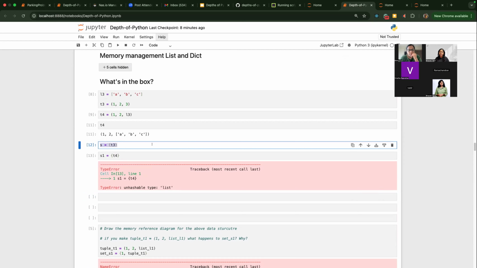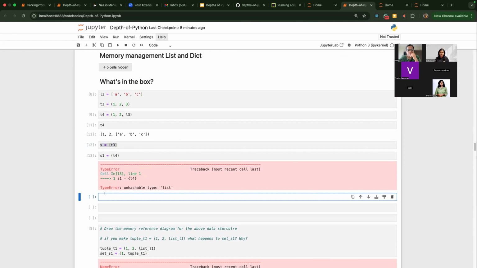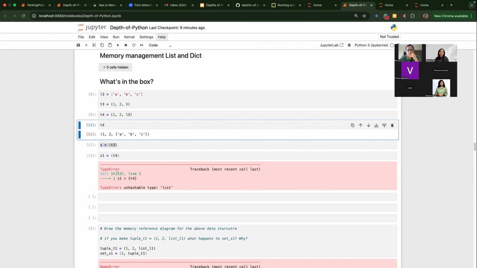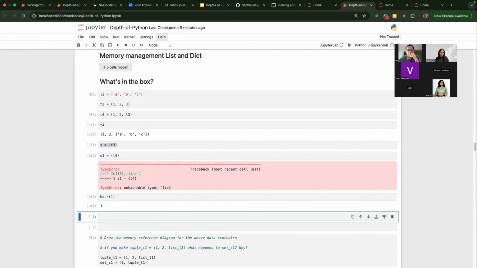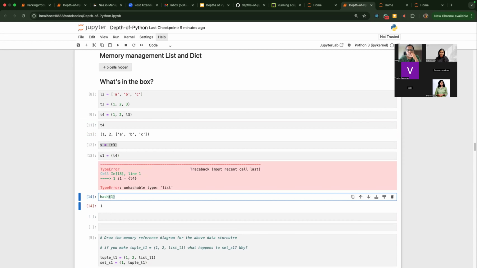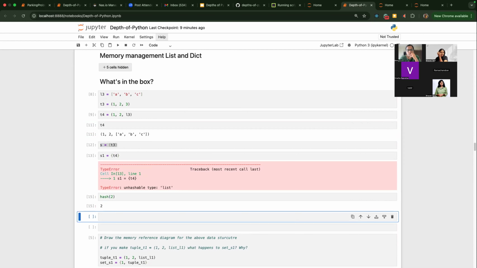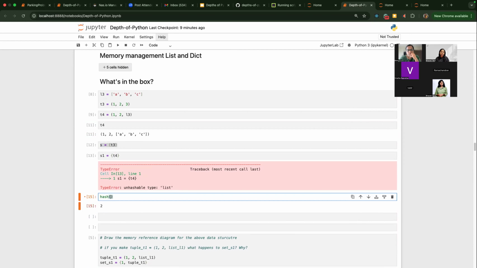Since a set is a data structure that stores unique items, how does it know whether an item is unique or not? By comparing it. And anytime you want to compare two items, you have something called the underscore hash function inside. When you create a set, it goes through every element and calls hash on it. If you do hash of 1, you will get some value. If you do hash of 2, you will get some value. But this data structure keeps changing once in a while.